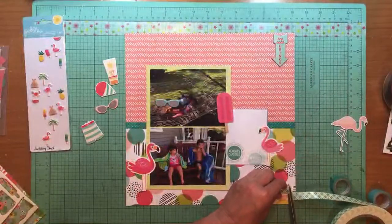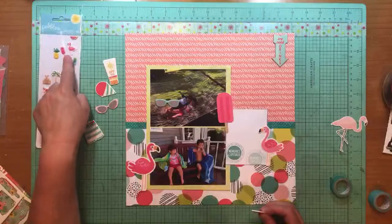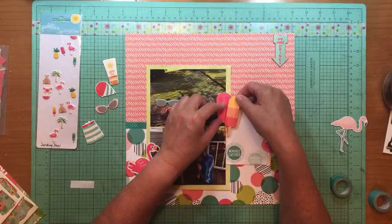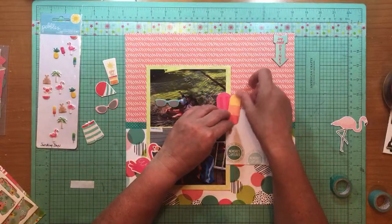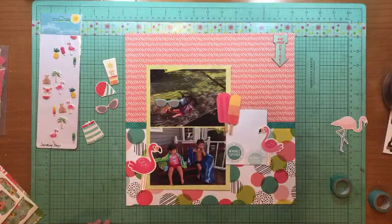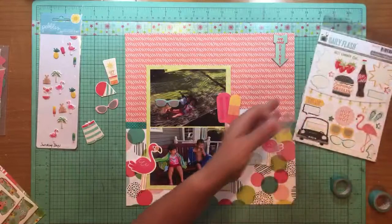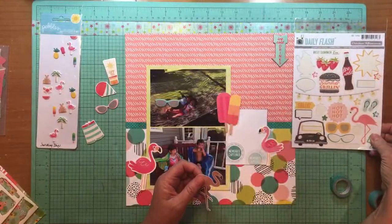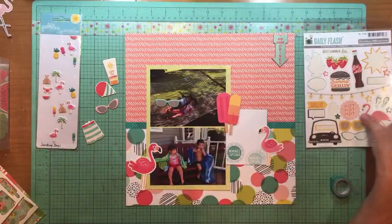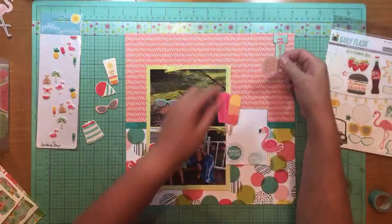And I do have tiny little flamingo, these puffy stickers too. Oh, and there's popsicles here too. I just realized that. So I might be able to use those too. The question is, now this guy I think we're not going to use, and we're not going to use that other flamingo there. I just don't think they're going to fit. But the question is, could we do something like maybe,